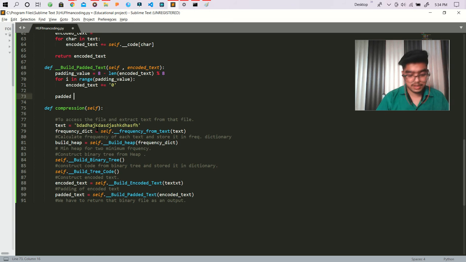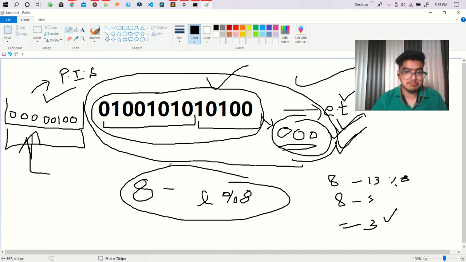So padded information is equal to this string formatting. And we have to format this padding value. Okay, so what is the meaning of that? Let's understand that.